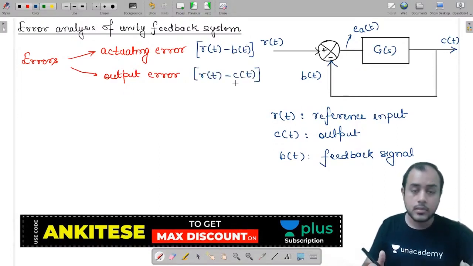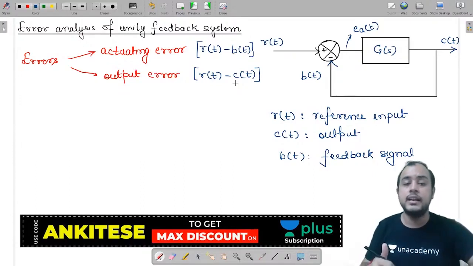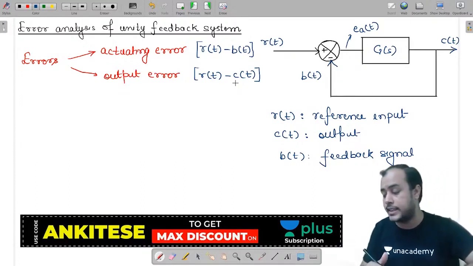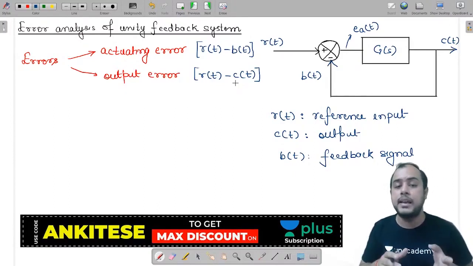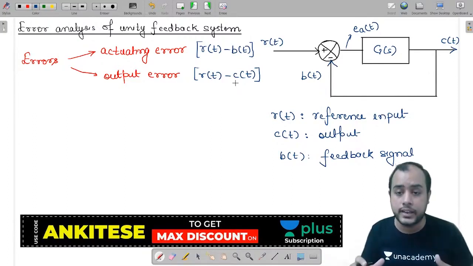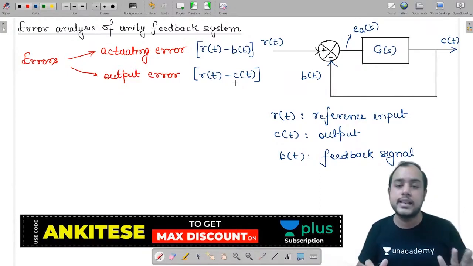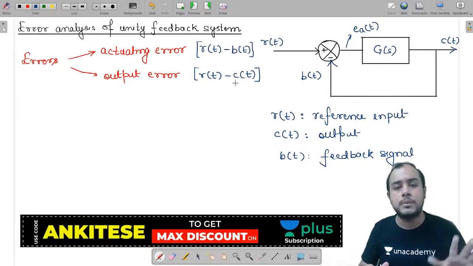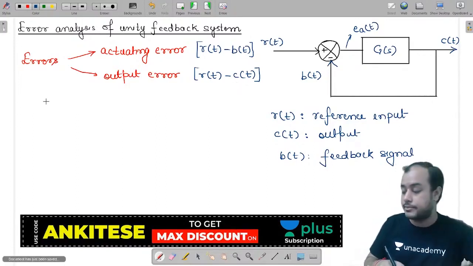Swati, please first try and understand whatever I am telling. Gradually in the lectures you will see we will move to more advanced topics. But many people here are those who have not studied control system in their entire life. So I have to make things easy for them as well. If I directly start talking about dynamic error coefficient, static error coefficient, they will not be able to catch up. So please care about the batch.